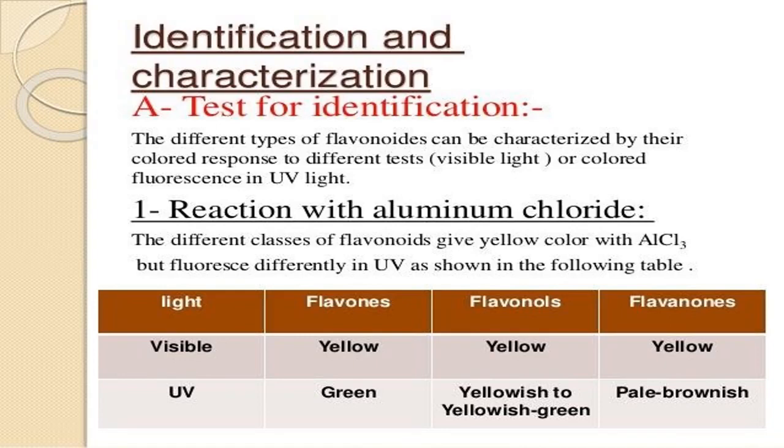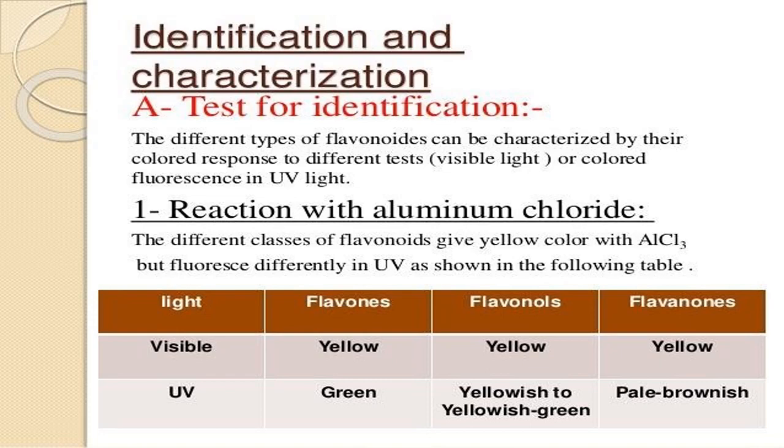The different types of flavonoids can be characterized by their colored response to different tests visible in visible light, which we can see with the naked eye, or colored fluorescence in UV light, ultraviolet light. There are two types of light: visible light, which we can see with the naked eyes, and another is fluorescence in UV light. Number one, reaction with aluminum